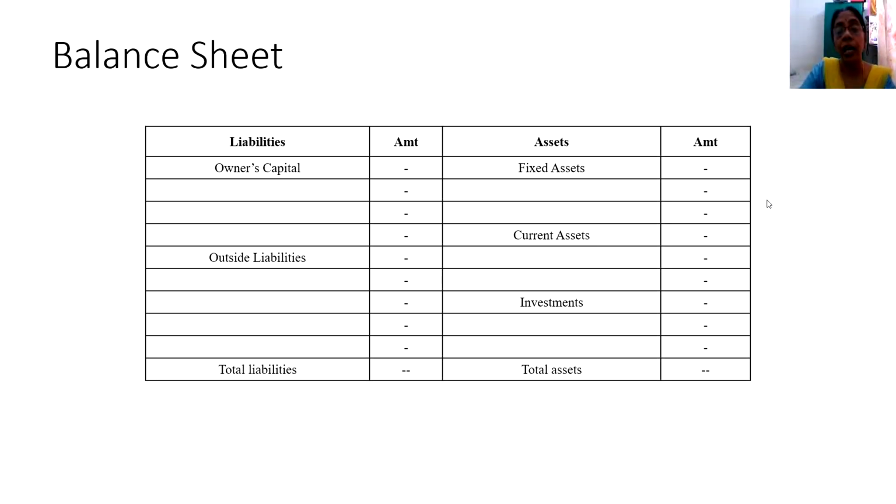What does this total liabilities represent? It represents the entire sources of funds that are invested into the business activities. Now the businessman does business. With this money, whatever is available, his own capital and the outside borrowings pooled together, he has vast financial resources and he is going to apply these financial resources and do the business.